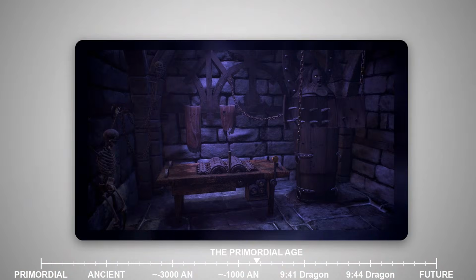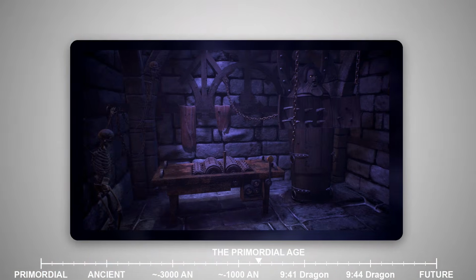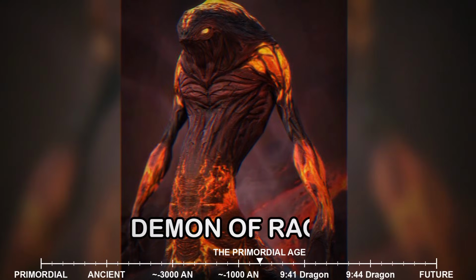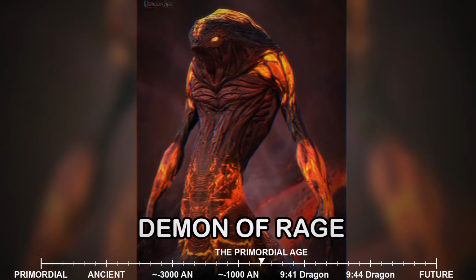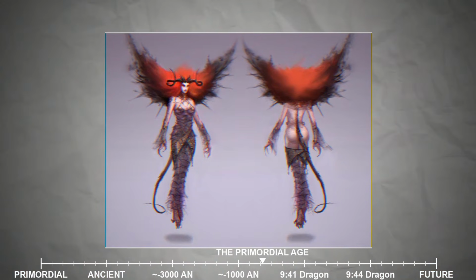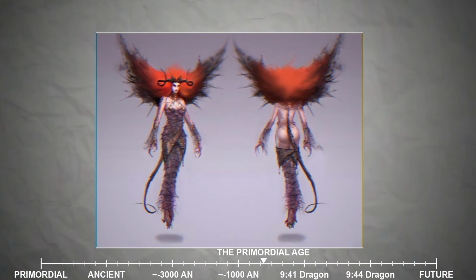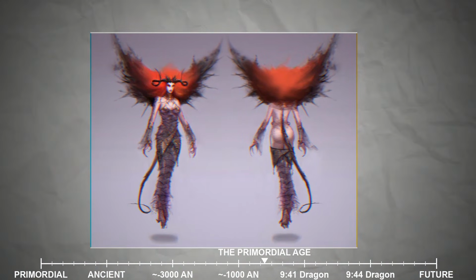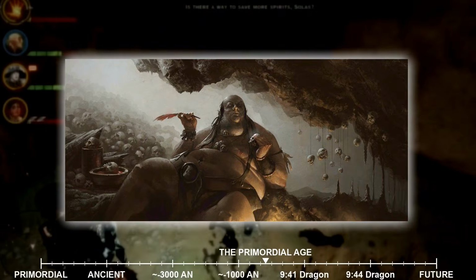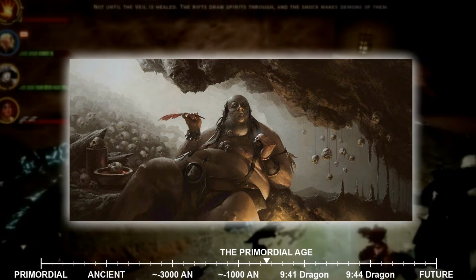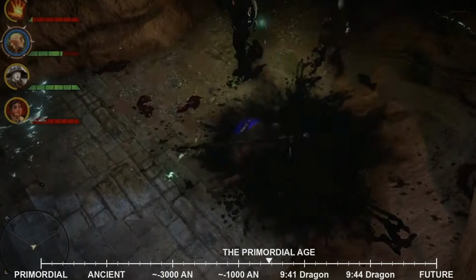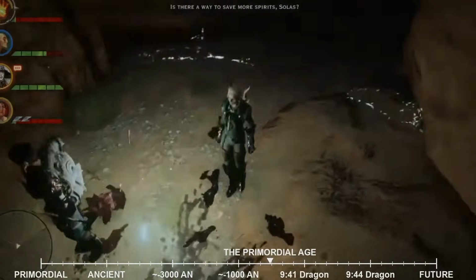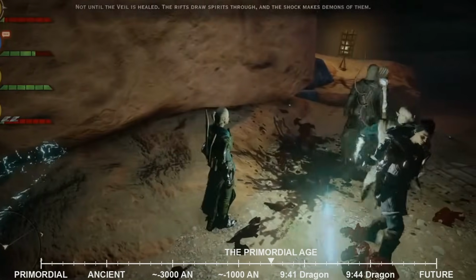They are attracted to pain, to anguish, to the raw wounds of trauma and loss. A demon of rage seeks out anger and violence, growing stronger in the presence of fury and bloodshed. A demon of desire latches onto mortal wants and cravings, the things people yearn for so desperately that they would sacrifice anything to obtain them. Sloth demons are drawn to despair and apathy, to the exhaustion of those who have given up hope. Each demon is both a reflection and an amplifier of these negative states, creating a feedback loop that strengthens the demon while deepening the mortal's suffering.